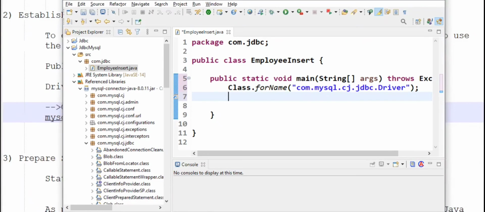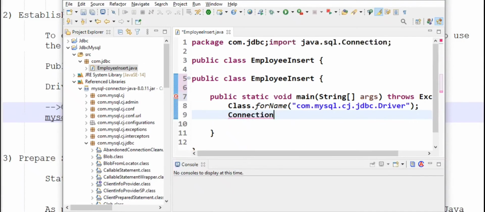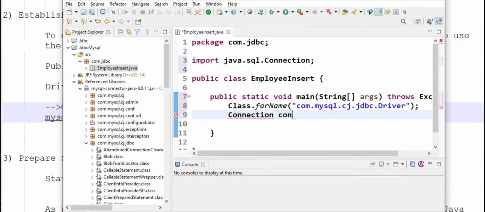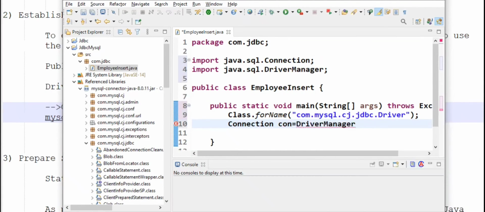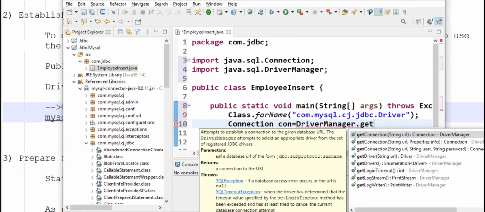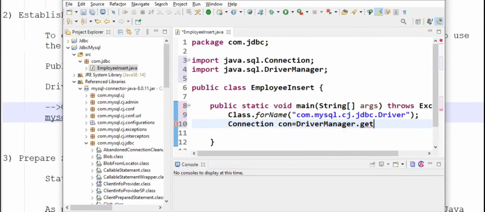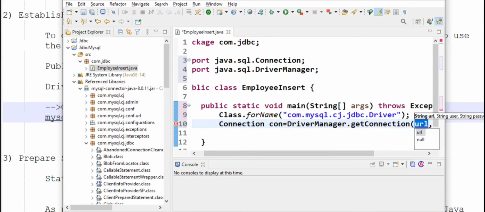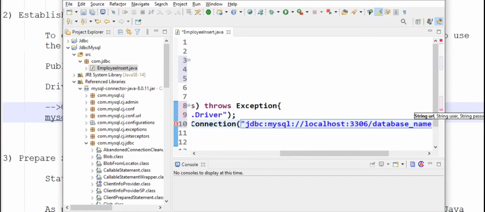Now establishing connection: java.sql.Connection con equals DriverManager.getConnection. We have to take in the URL here. In the MySQL database, I have already created a database as ShivDB.